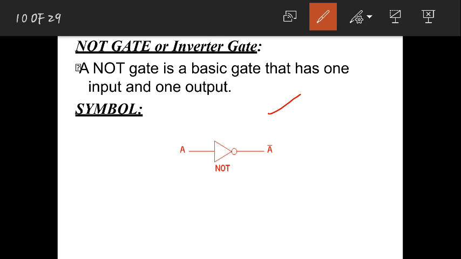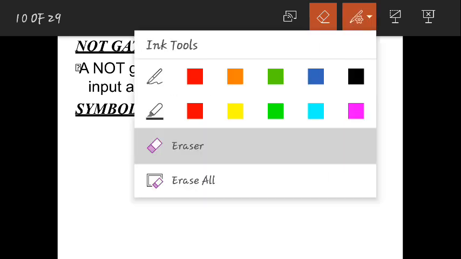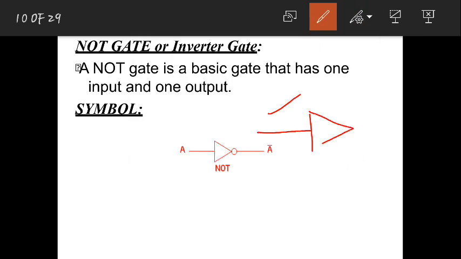Now the NOT gate symbol is like this. You already know a buffer. This is a buffer, and in front of the buffer you just draw this bubble. Let me draw this clearly. Draw this, then this is the NOT gate. If you give 1 here, the output will complement that, 1 will become 0. If you give 0, then the output will be 1. It will just complement and send it to the output terminal from the input. So, this is the symbol.